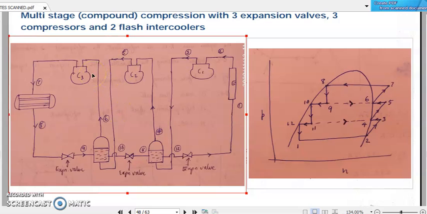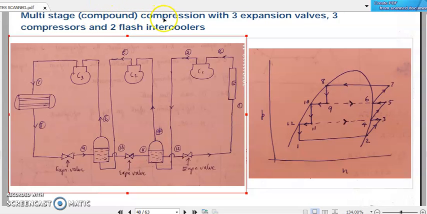Students, welcome back to our discussion on multi-stage vapor compression refrigeration systems. In the last lecture, we studied multi-stage compression with simple intercoolers. Now we are going to discuss a case where we have multi-stage, or another term,